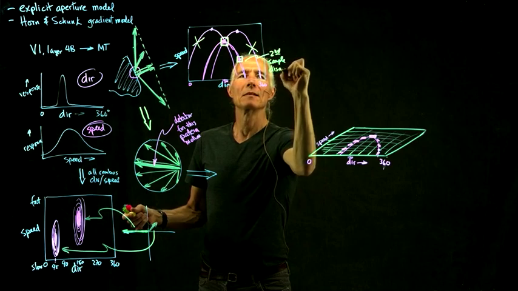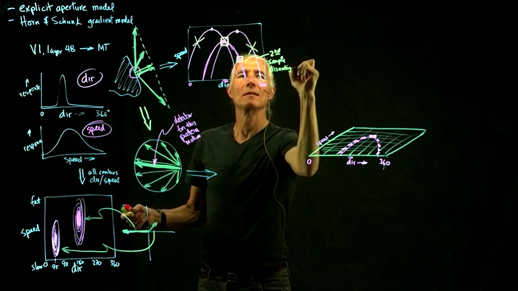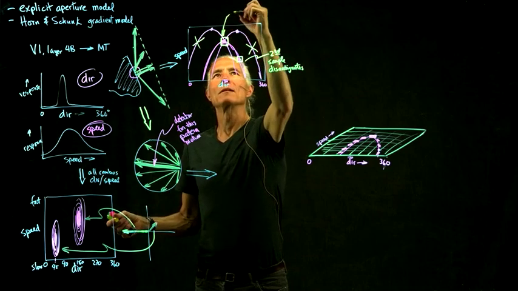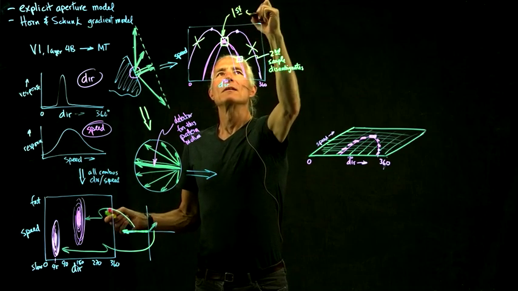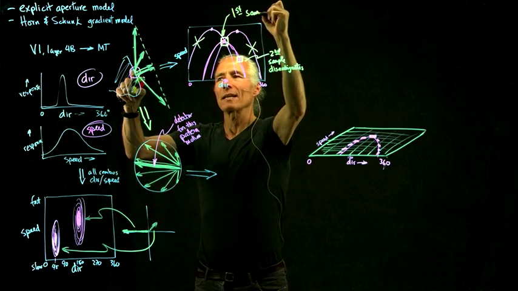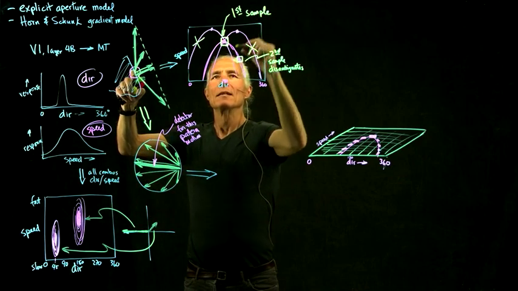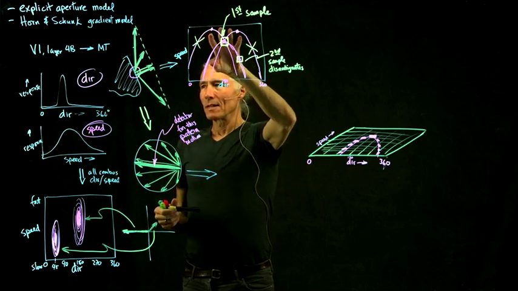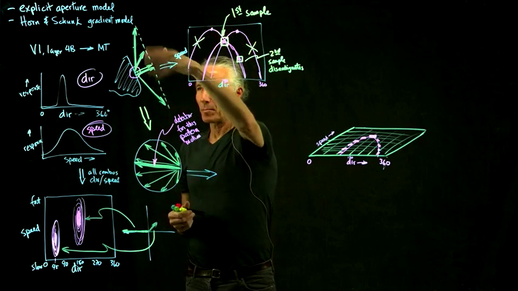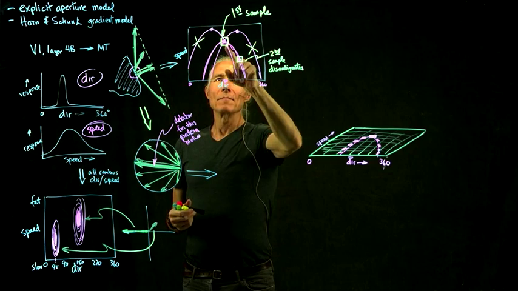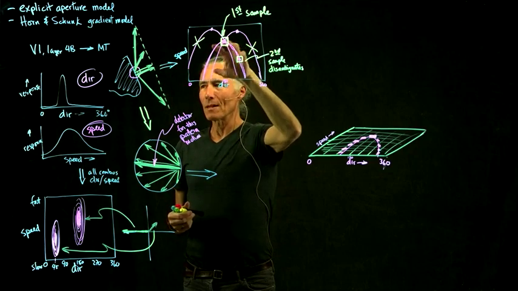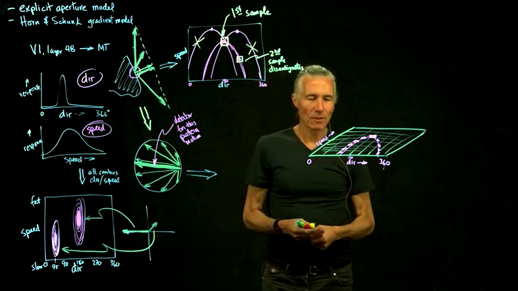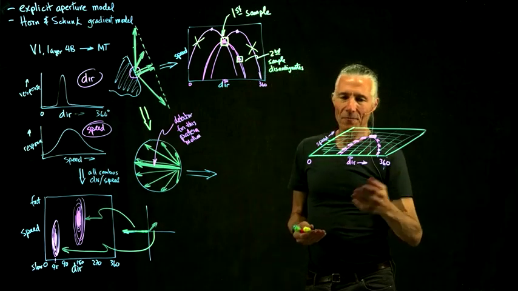Disambiguates. So here's our first sample. If we just have one sample, like this case, there's a whole bunch of different directions and speeds of the pattern direction that are possible. But as we build up more samples, then we can disambiguate the problem. And so that's going to require